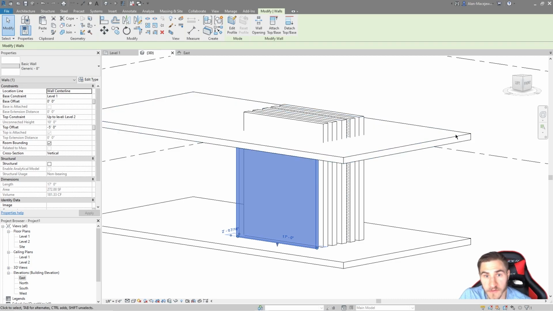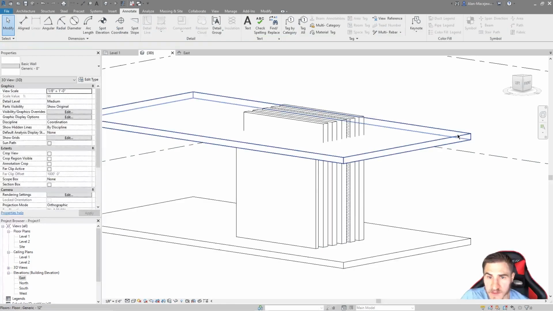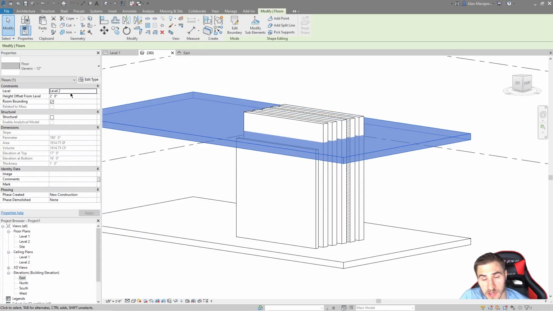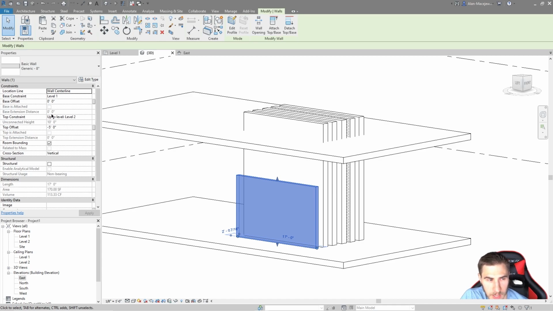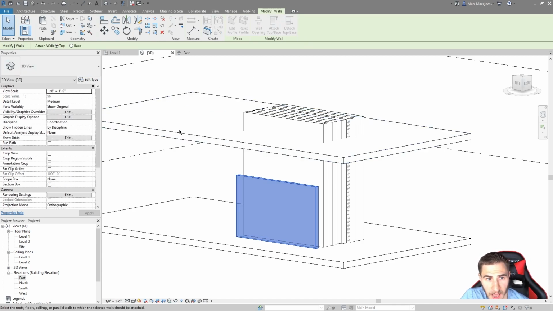I end up using it a lot for roofs. If I need a wall to actually angle correctly, then that's why you'd want to use it for visual purposes. But also, if this floor, like this one is, it's not actually at level 2, I would have to put in a manual offset to get it there. Then attaching it's easy. Now, while the constraints, top and base constraint, don't actually change, whenever this is ultimately attached,